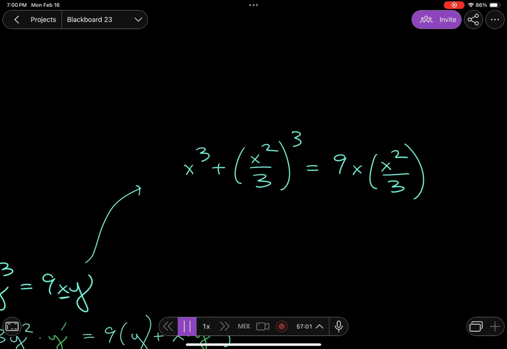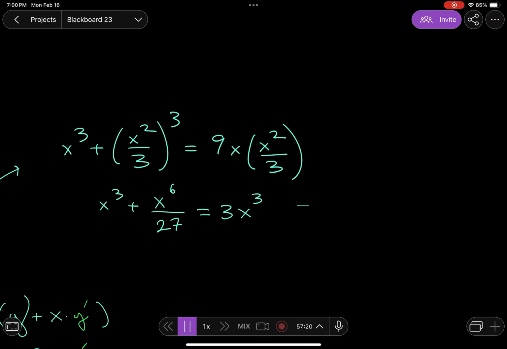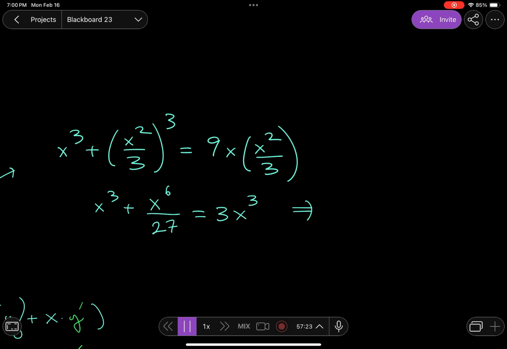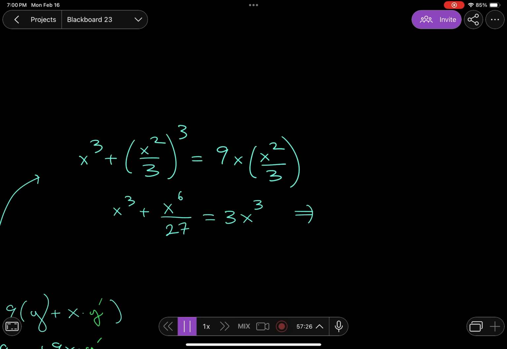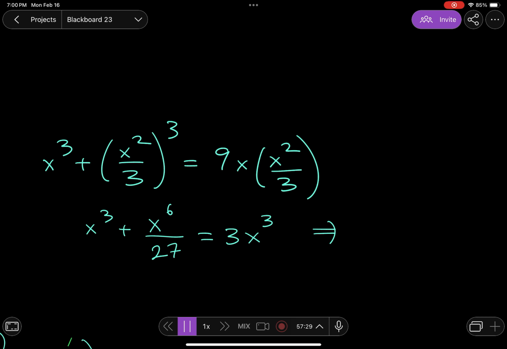And then solving, so we got x cubed plus x to the 6th power, remember your exponent rules, divided by 27 is equal to 3x cubed. Assuming x is not 0, in other words, we know that this has a horizontal tangent line at x equals 0 and y equals 0. At the origin it does. So we can multiply everything by 27 over x cubed,